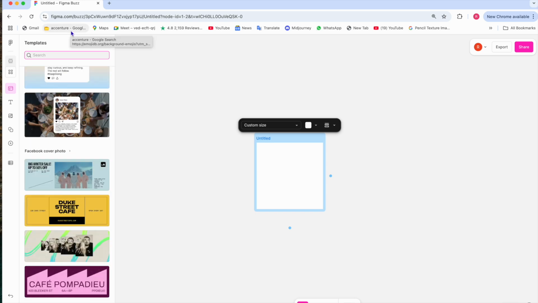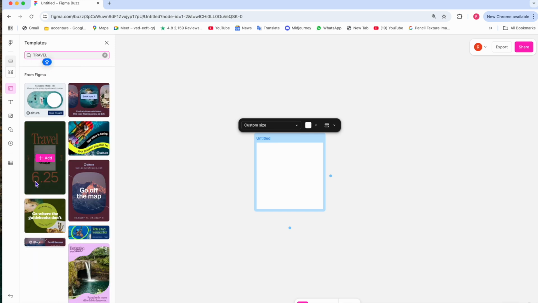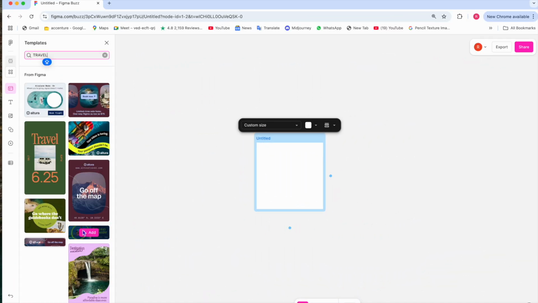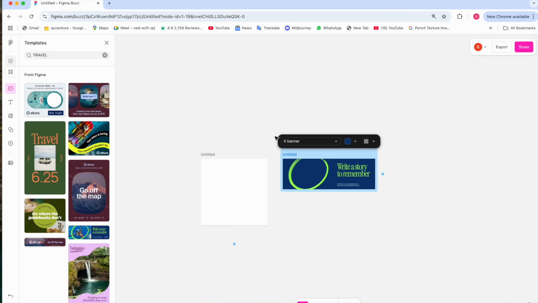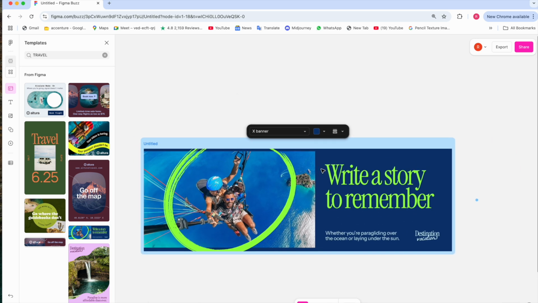So let's start making one travel banner. Let's choose this banner. So as you can see over here, this is the image, text, and the logo.